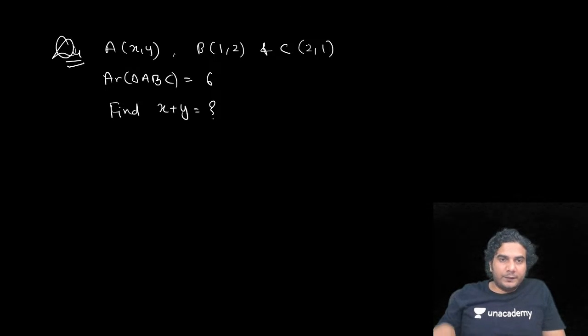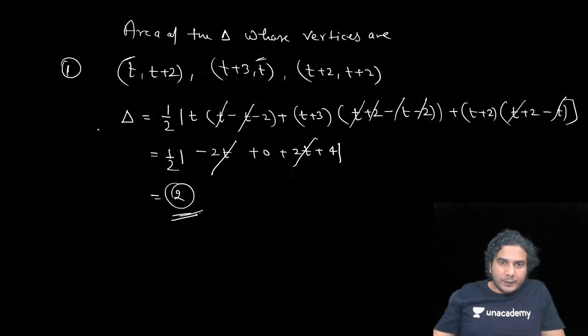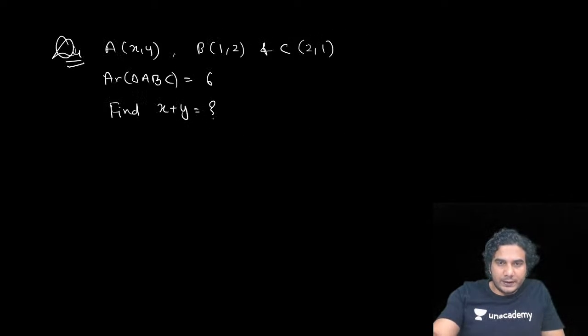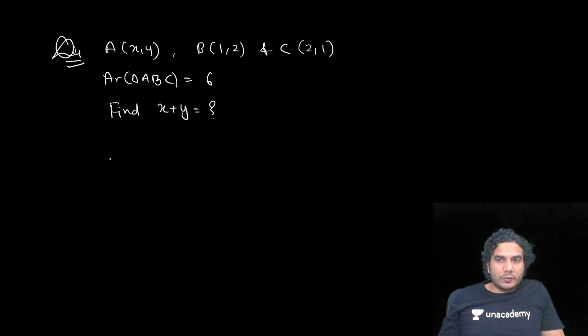All right, so let's apply the formula. Area of the triangle, we need to put mod also. In the previous question, we had put mod, but mod of 2 is 2, so finally you can remove mod once you get the number. It's a positive output. 2 was positive. So now in this case, area is 1 by 2 mod of